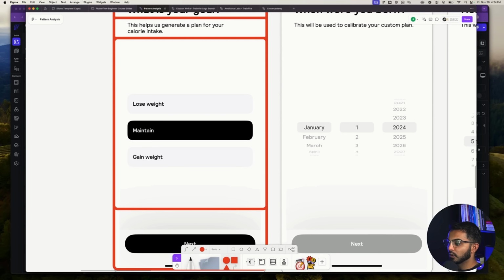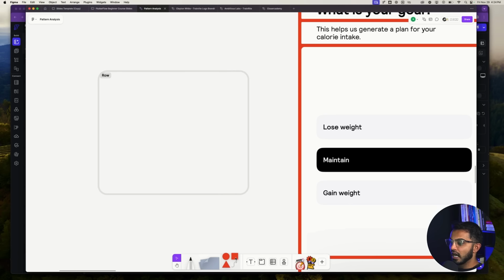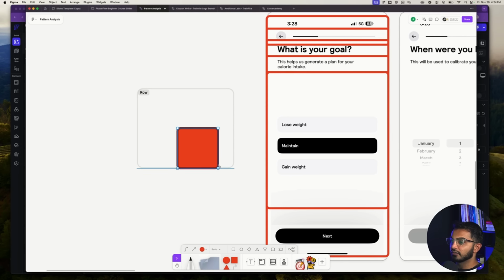So let me break that down a little bit here. If I have a parent layout that, say, could be an entire row, everything you see right here is a row. I can use Flutter alignment settings to lay out all the data that's inside of my row, my column, my container.